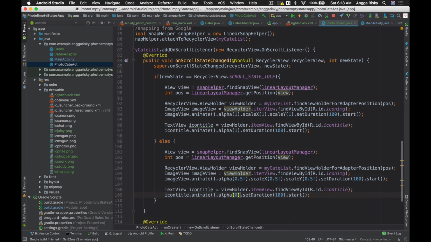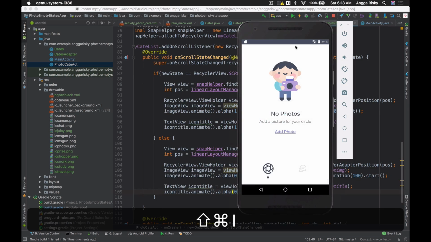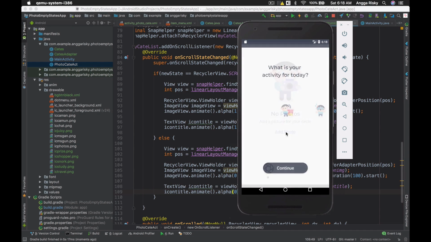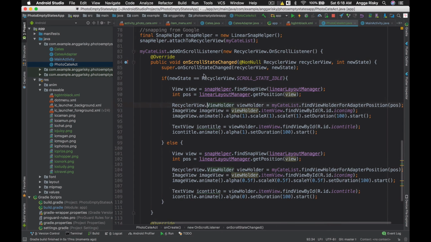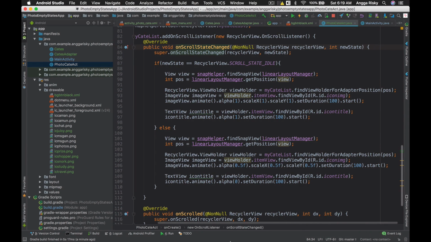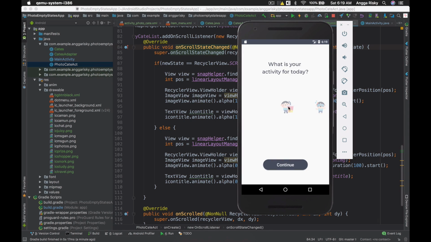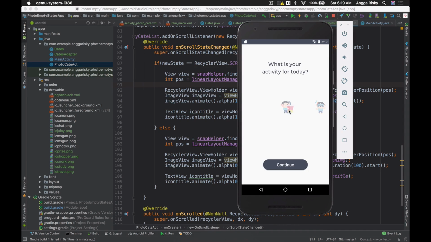Okay, so right now let's go try it. Hopefully it's going to work. So if I click this one at photo, you'll see that the item is not working unless we handle on scroll state changes, right? So that's why we have to give this first child this animation. Okay, what we're going to use is the timer, but as for now we're going to try first.